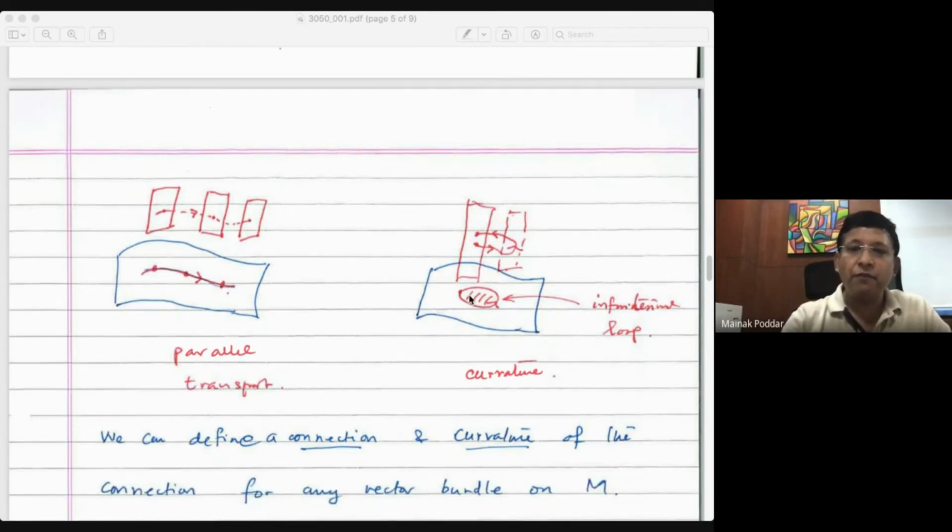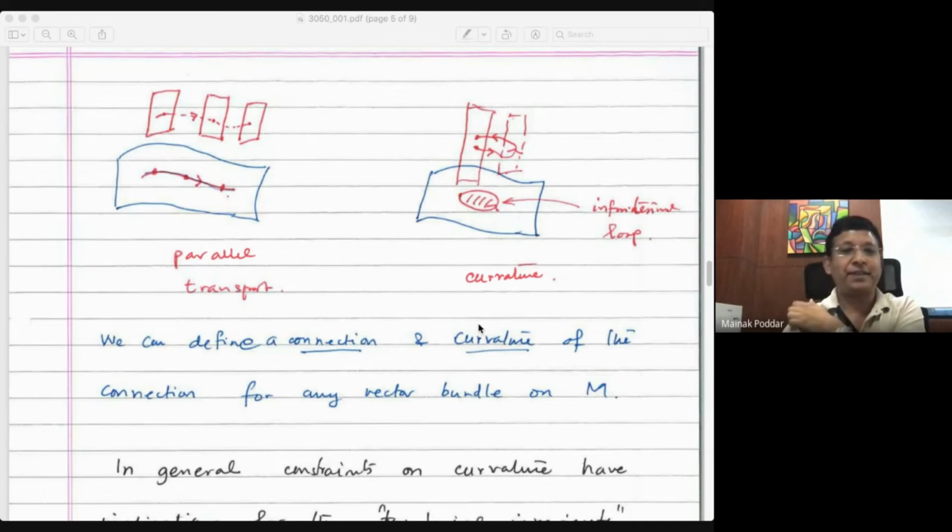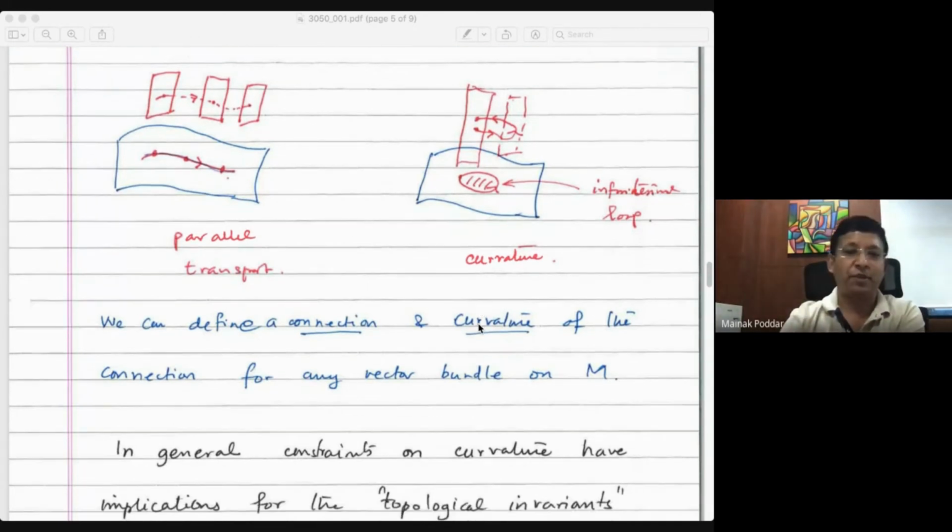The thing is, now if you have a loop and you do parallel transport, do you get back the identity map? And the answer is in general, no. If you have a loop in your manifold and in the vector bundle, you do parallel transport in general over even a contractible loop, some loop that bounds a disk and you can contract gradually. Even there, you won't go back to the same point by parallel transport. And this is basically one way to think about curvature. Now, anyways, we can do this connection and curvature for any vector bundle on M.